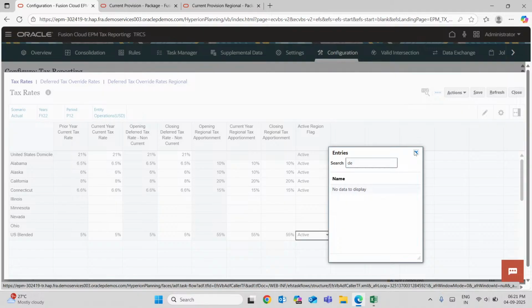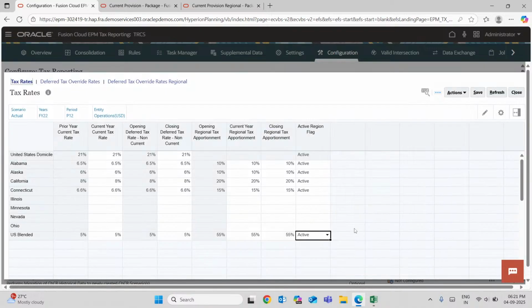Yes, we don't have the data right here. All right, so this is no problem. So we are gonna again take an example: if California is marked active, TRCS will calculate for California. If it's not marked active, that means TRCS will not calculate California tax even if income tax exists there, right? So here from the point of view, we are saying here the POV,